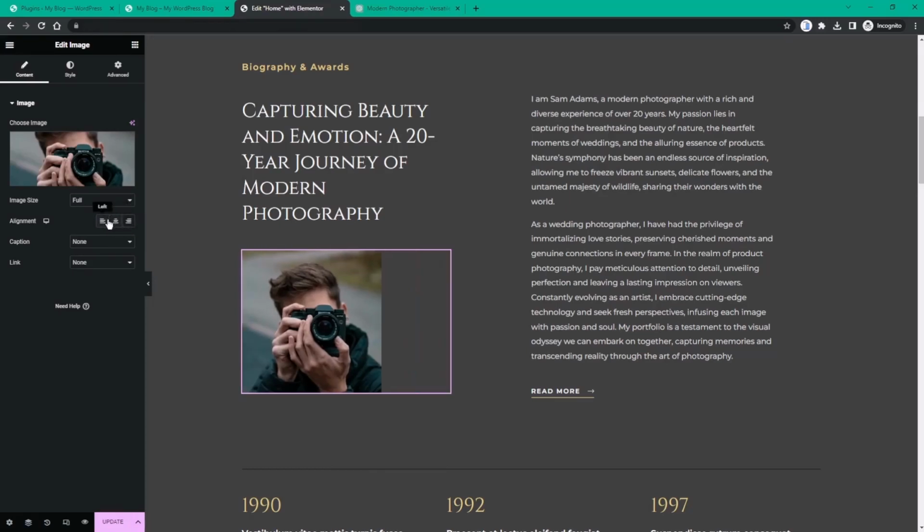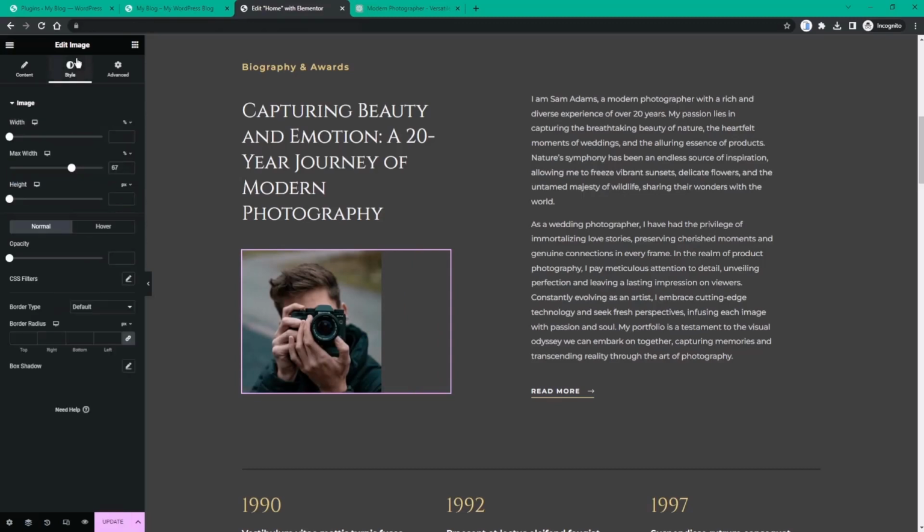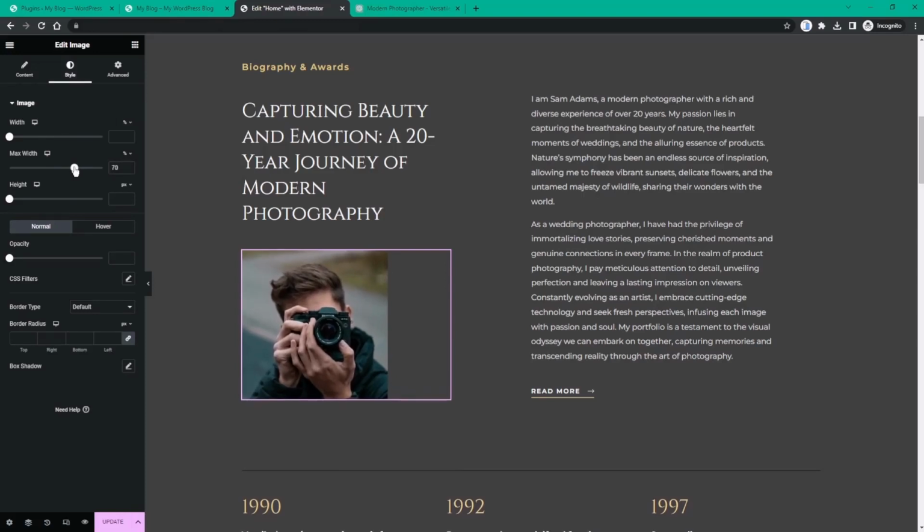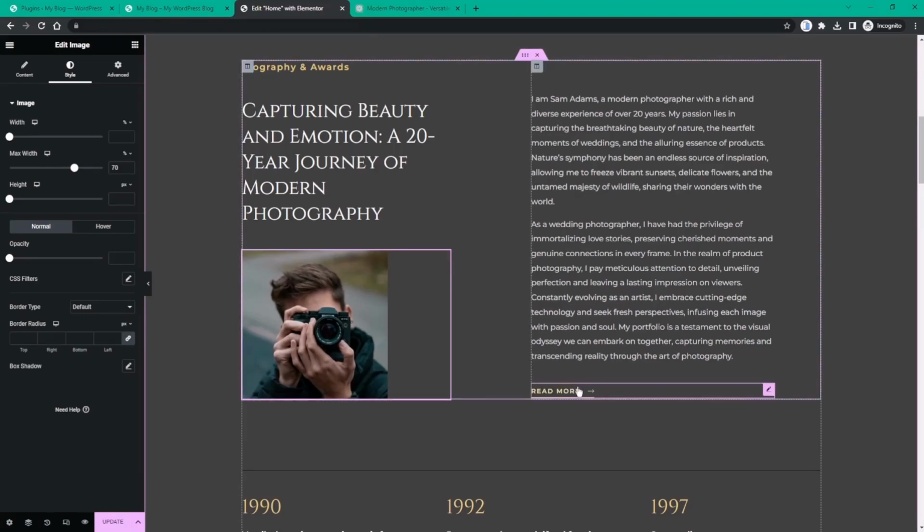So I'm going to keep this left aligned. I'm going to make this slightly larger, just until it is roughly aligned with the bottom of this read more button. Okay,